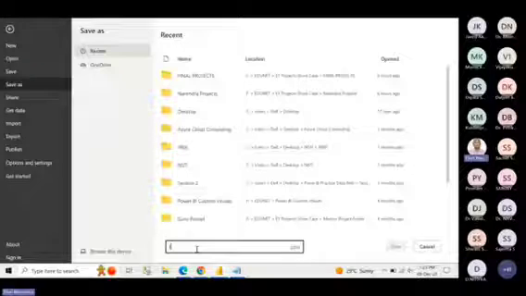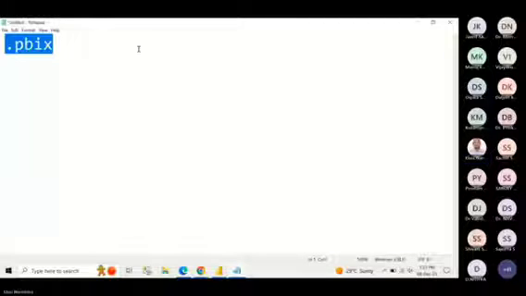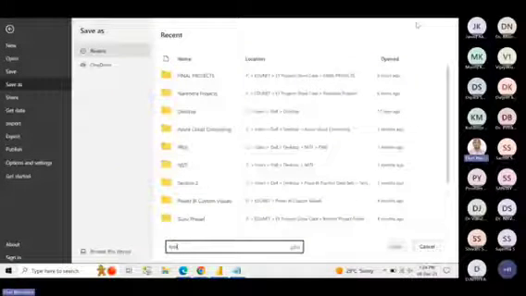So what is the extension? .pbix. You need to remember this extension, .pbix. This is the extension of your project. PBI stands for Power BI project. So that is the extension of your Power BI file or project file. Okay, I am giving test and selecting desktop,